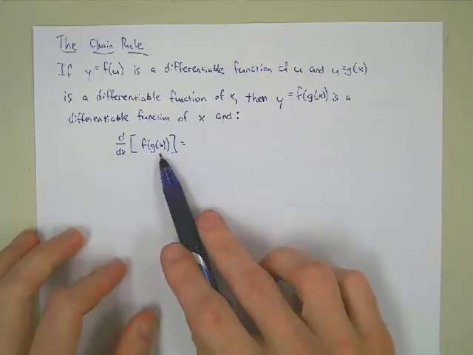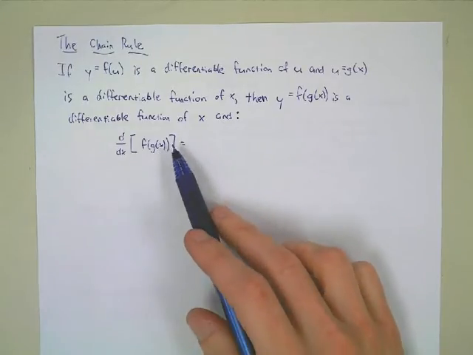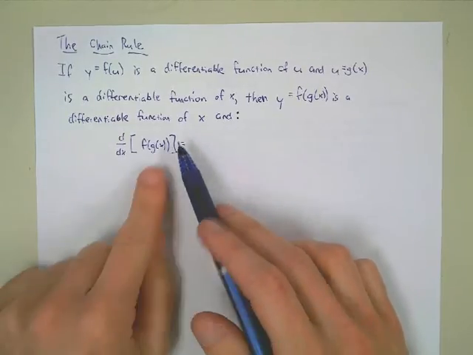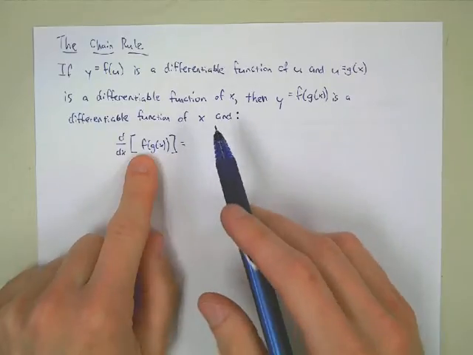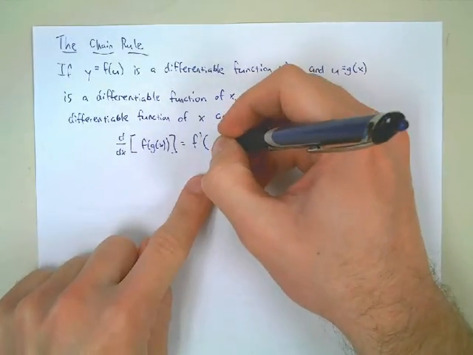F is on the outside of g. All right, g is within f. The derivative of this is going to be the derivative of the outermost part, f, leaving the g of x